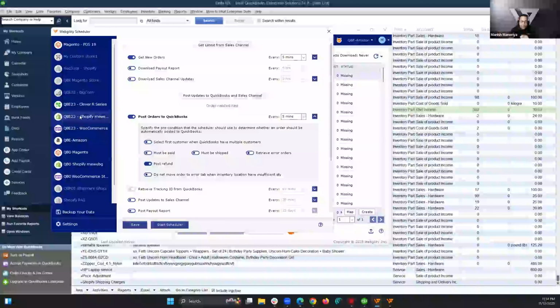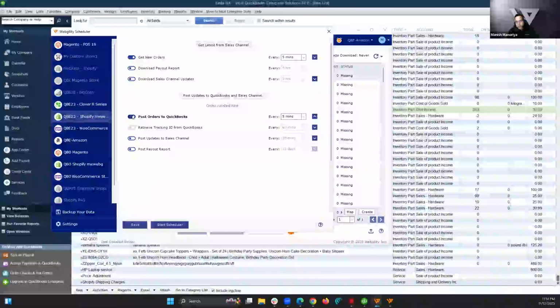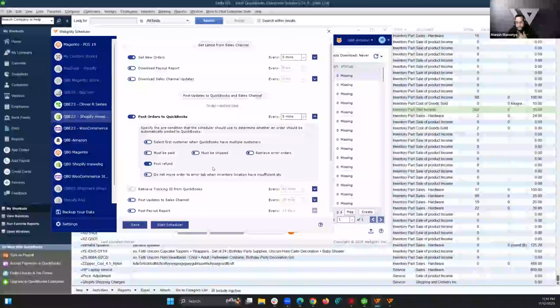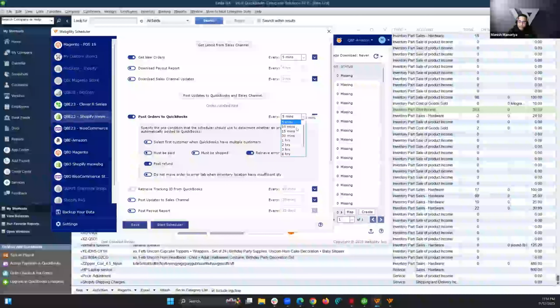Now, the automation setting is also dedicated to each profile. There are dedicated times and frequency you can select for automation. For the posting option, you can select an option like retry error orders. And then let's say the frequency is 15 minutes. So every 15 minutes when Webgility is trying to sync a sale, and it finds any orders, let's say 5 orders were rejected last time just because QuickBooks was not ready or was running some updates,